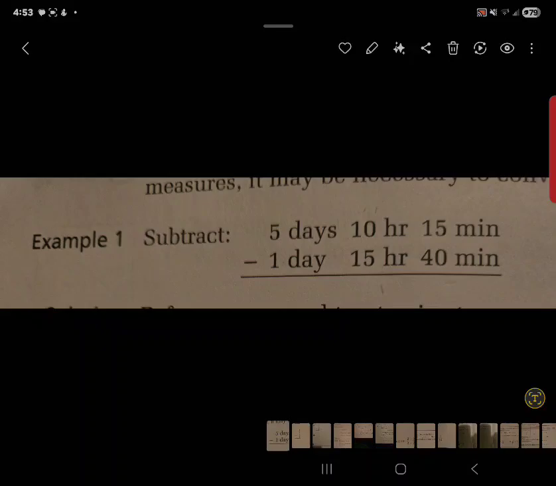Now, the problem with that is normally we subtract right to left, and we're going to do the same thing. However, if we look here, we have 15 minutes and 40 minutes, but we can't subtract 40 minutes from 15 minutes. So what do we normally do whenever we subtract? Well, we borrow from next door. So we're going to do the same thing here. We're going to borrow an hour from right here. So if we borrow an hour, that makes that 9